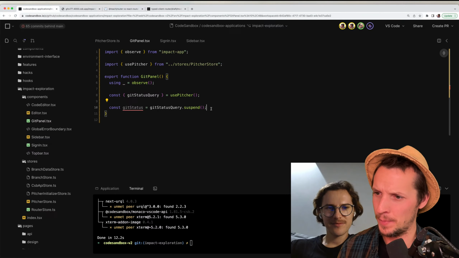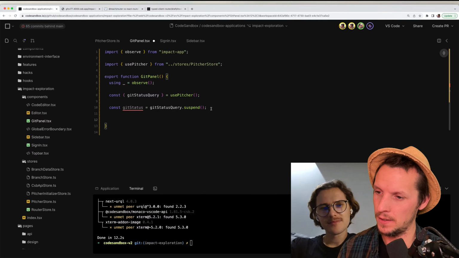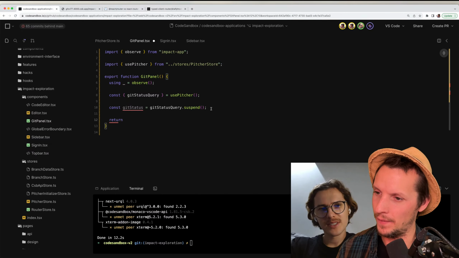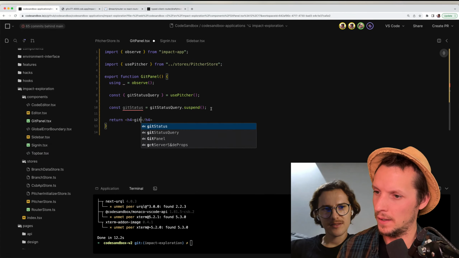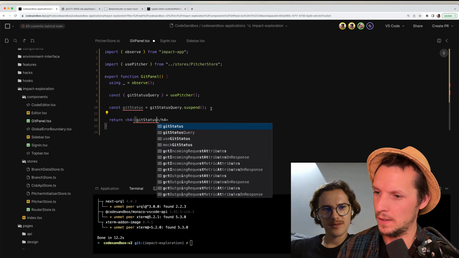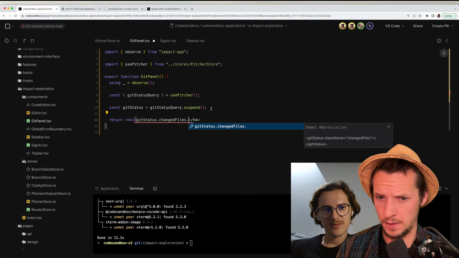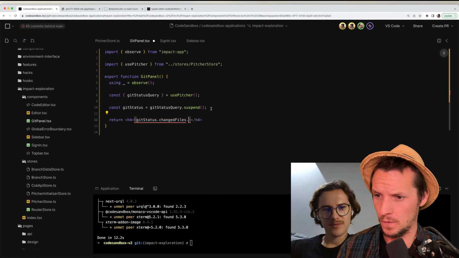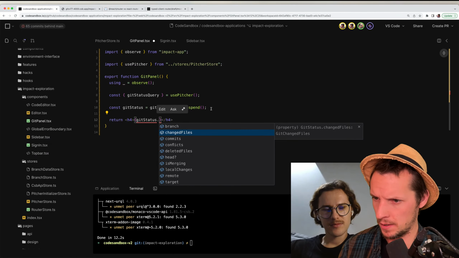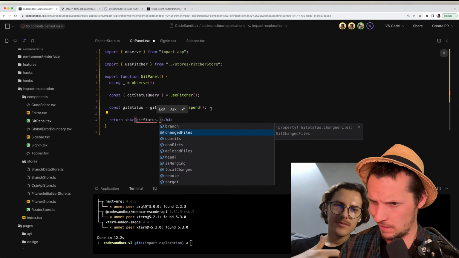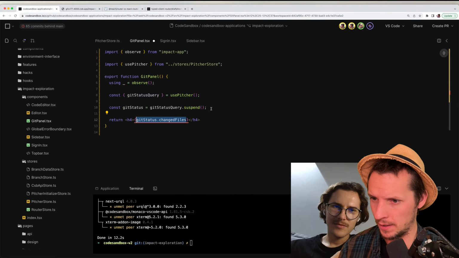And then we suspend the git status because there's no reason to look at the git panel without the git status. And then yep, we can return something. Git status dot change files. Oh, why didn't it? Is it? Oh, I think it's an object. Is there something else we can? Okay, I guess we can